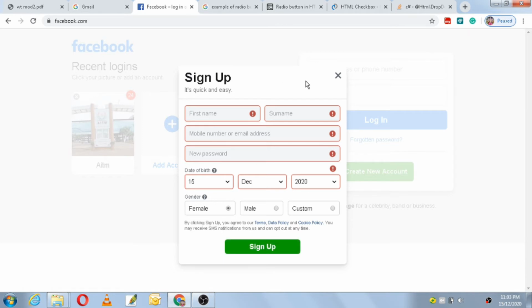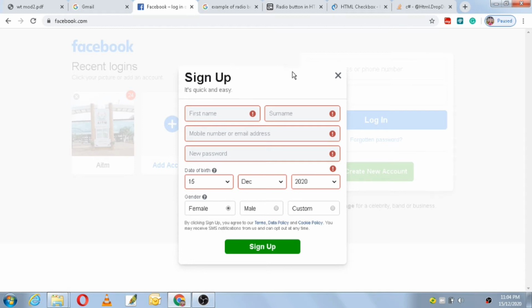So a form is made up of n number of form elements, and these form elements can be created by using HTML. So these are examples of forms which you come across, even if you go to Instagram or Twitter, any application you go to. Everybody has a form there which you have to either sign up or log in.